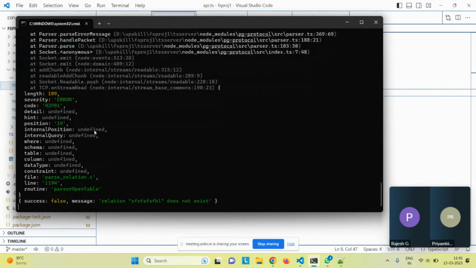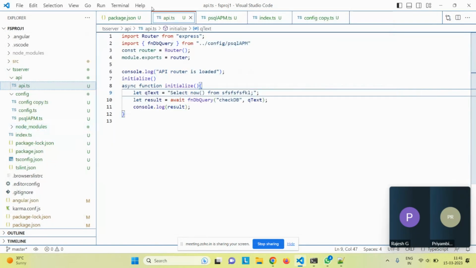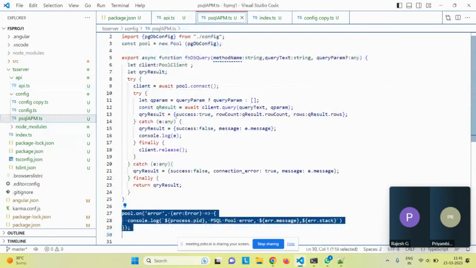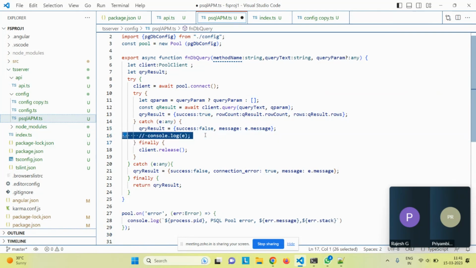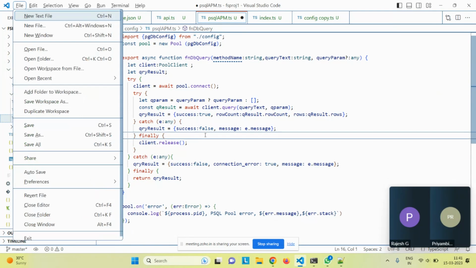I got the error. So where it has failed, if you go back to this PSQL, this catch E, this is where this console log is printing. I don't want this stack now. If I don't print this console log, it will be a proper message to you in the UI only, not in the